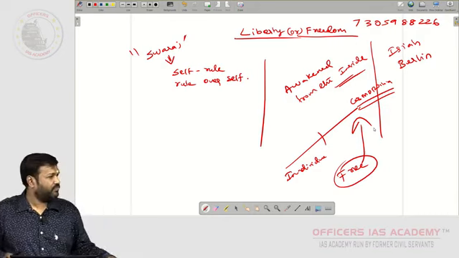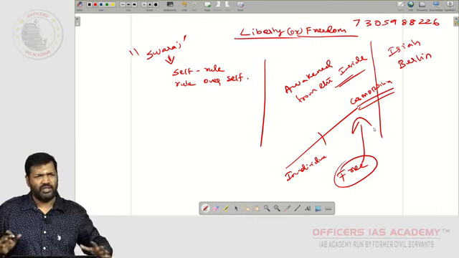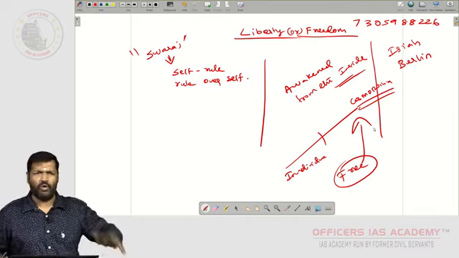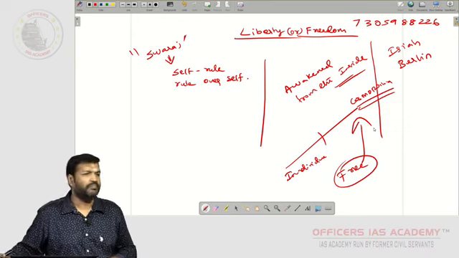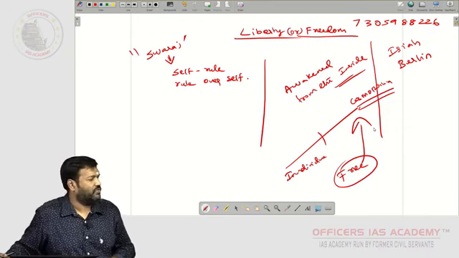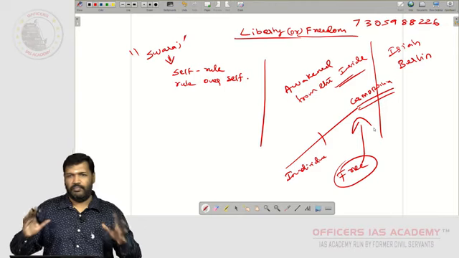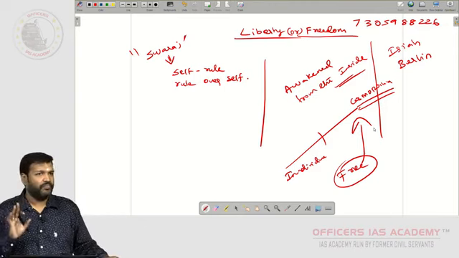You understood? So this is something that is very old in Indian philosophy. That is how all Indian philosophers thought about freedom. Most of the Indian philosophers, right? Freedom. Okay, you got it.